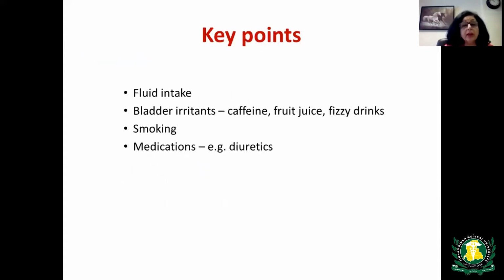So the key points are fluid intake, the number of times they go to the toilet, and what fluids they take, because it's a well-known fact that caffeine, fruit juices, and fizzy drinks act as bladder irritants. Women who do not have any bladder problems can drink as much as they want. However, when there is a problem with the bladder, women should be advised to avoid caffeinated and fizzy drinks, because then it's not helpful at all if you're trying to sort them out and they continue to drink this kind of stuff. Smoking, by causing damage to the